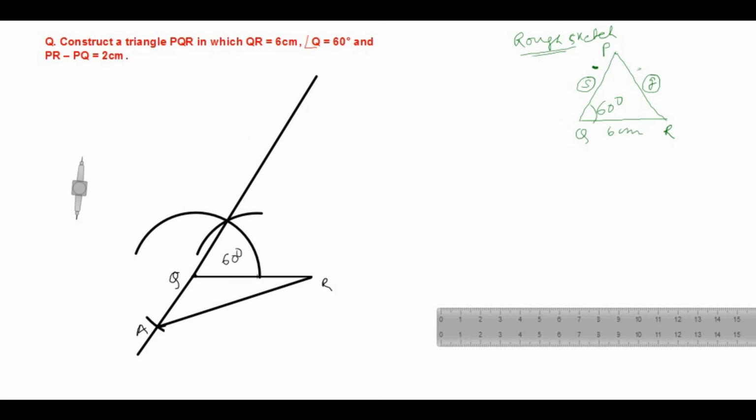Okay, this new line segment that we have got, after joining A to R, draw the perpendicular bisector of it. So by using compass and ruler, again you have to draw the perpendicular bisector of AR, and already I taught you in the basic construction how to draw a perpendicular bisector. You refer to the video, you will get the construction. Okay.